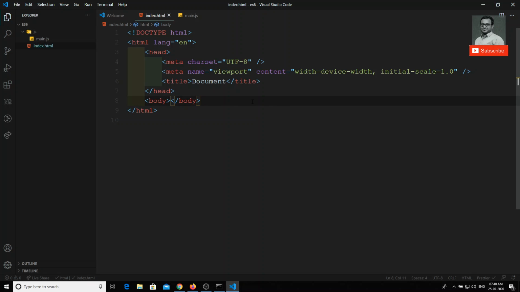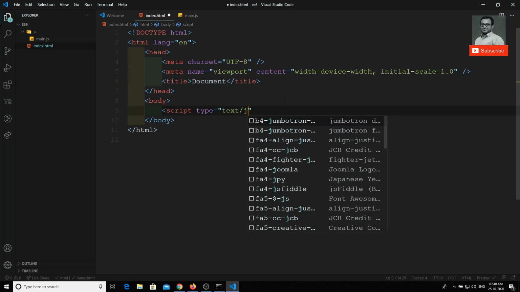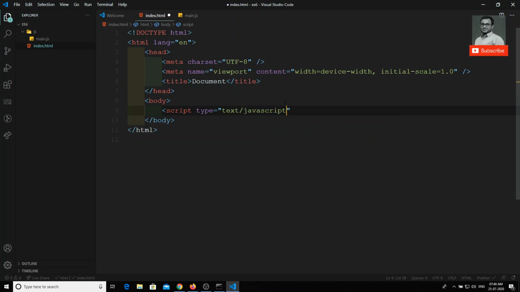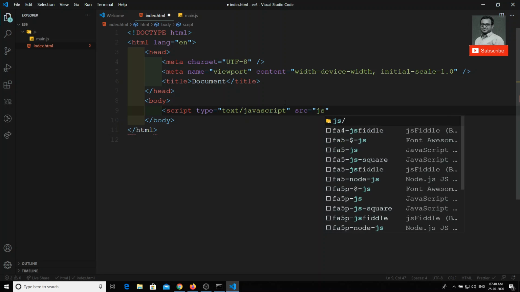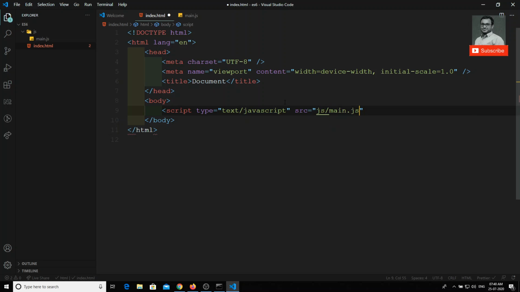Now in the body, I add a script tag with type text/javascript and source js/main.js. I can also write an h1 with hello world so that it is easily visible.